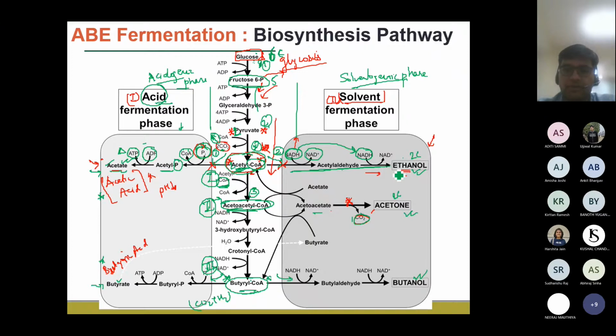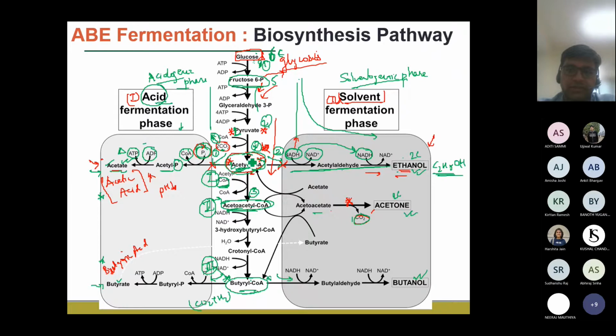So you have to make sure, for example, if only this particular route is followed, for example, the production of ethanol from glucose using this particular pathway, then if you do the carbon balance, we know that ethanol, if you look at the structure, is C2H5OH. So to make sure that all the acetyl CoA molecules have to be converted into